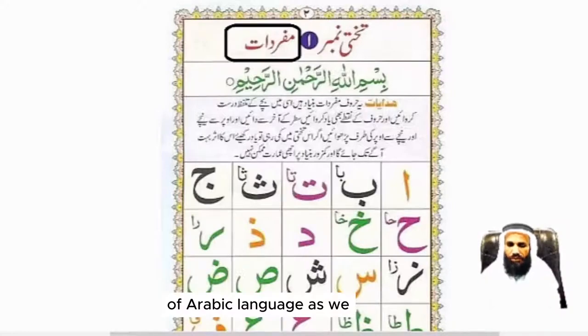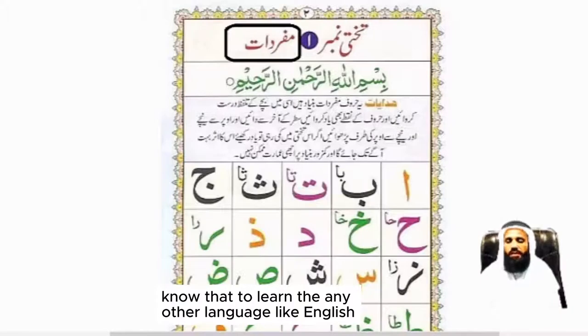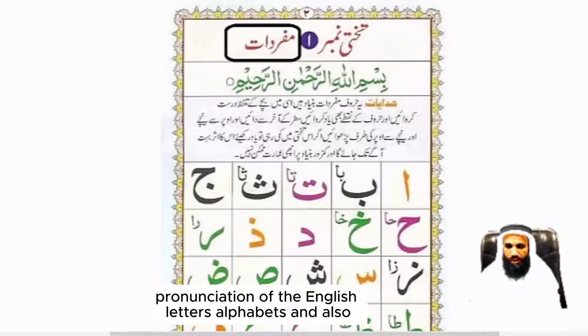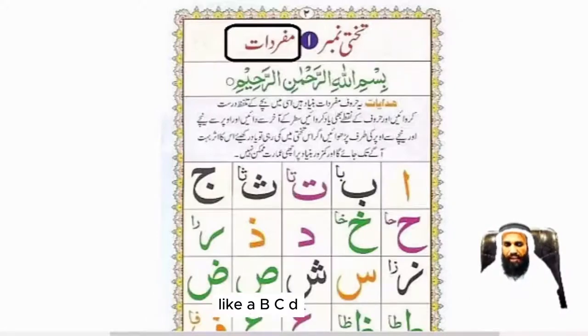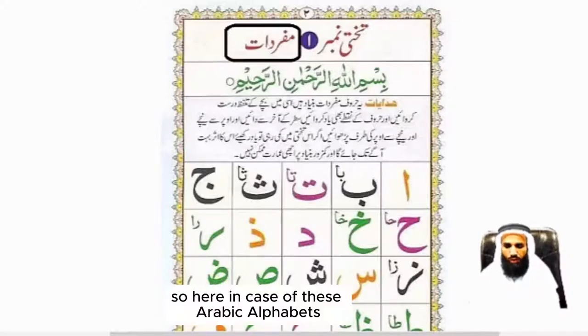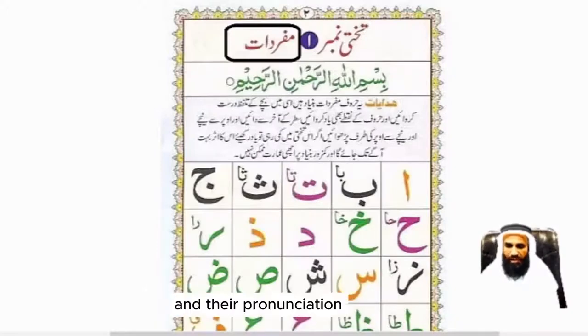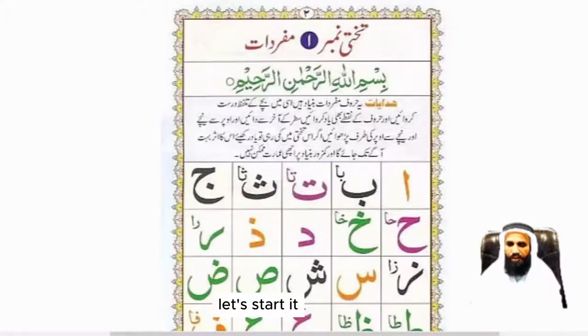As we know, to learn any other language like English, we have to understand the pronunciation of the English letters, alphabets, and also we have to remember the shapes of those alphabets like A, B, C, D, and so on. So here, in case of these Arabic alphabets, we also have to memorize the shape and their pronunciation. So let's start it. First letter is